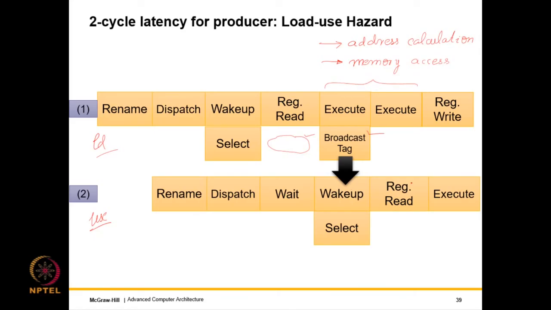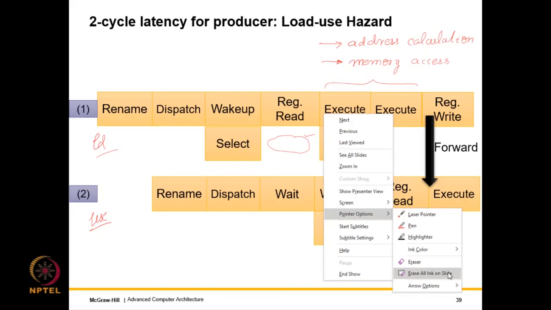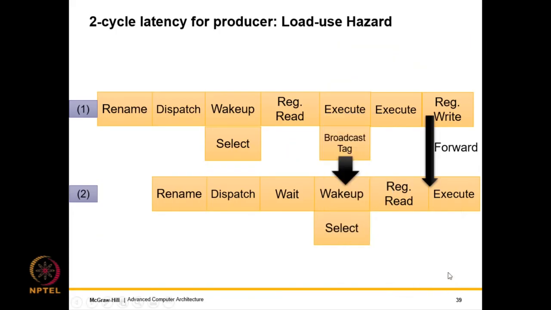After this, we have wake up select, we have read and execute. If bypassing is required, then we forward or bypass in this cycle. And as you can see, it happens seamlessly, the same way it would happen in a regular in-order pipeline. So what is the key learning from this figure? Well, I'm erasing the ink. I'll maybe give you 5 seconds to meditate on this figure before I tell you the answer. So your meditation time starts now.